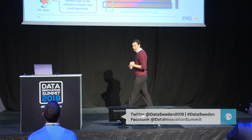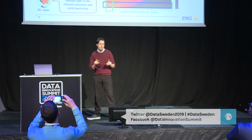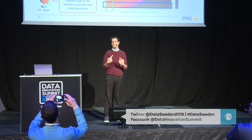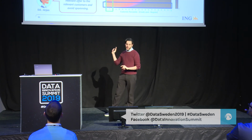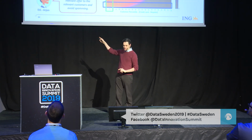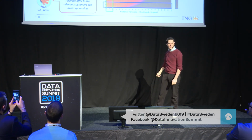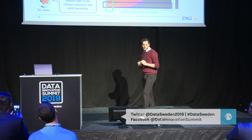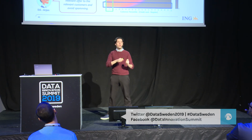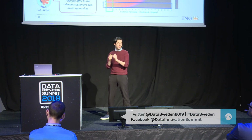The last one is about comparing models. Before we had that exercise with those two separate models, they had only one selection for both products. We decided for fun to try to build two models separately. What we saw is that there is a group of customers that are not interested at all in credit cards, but there are some customers that are interested in both. Specifically, there are some customers that are more interested in one than the other. This kind of finding helps the data analysts and customer journey experts figure out who to target with what